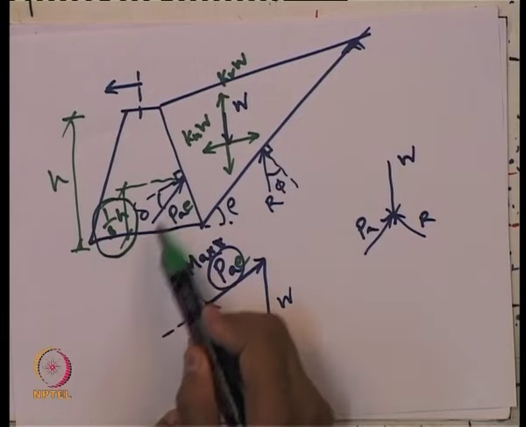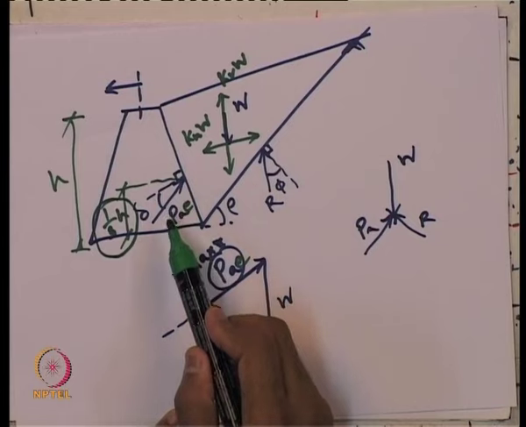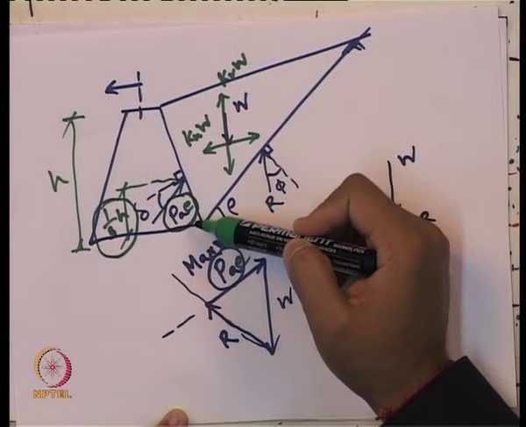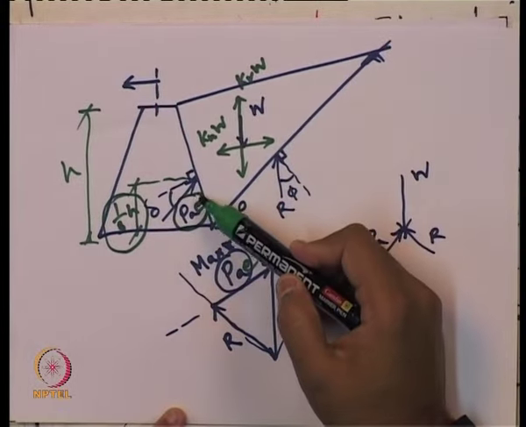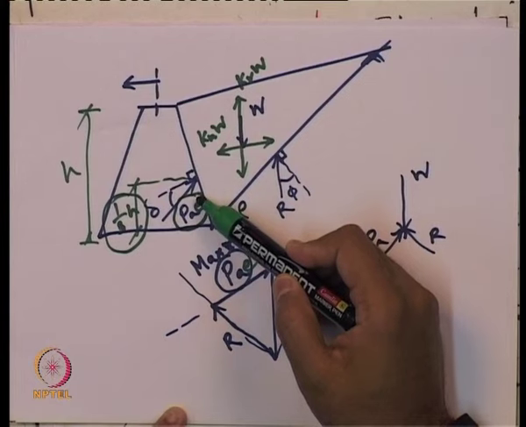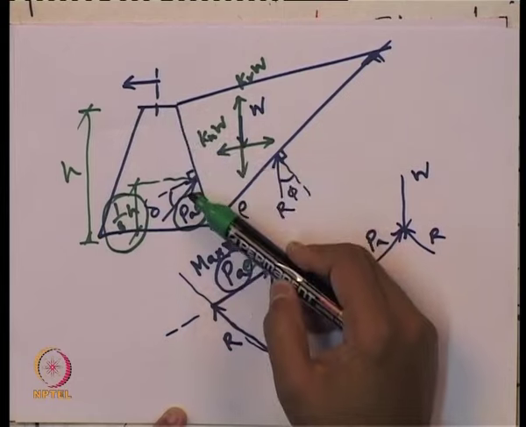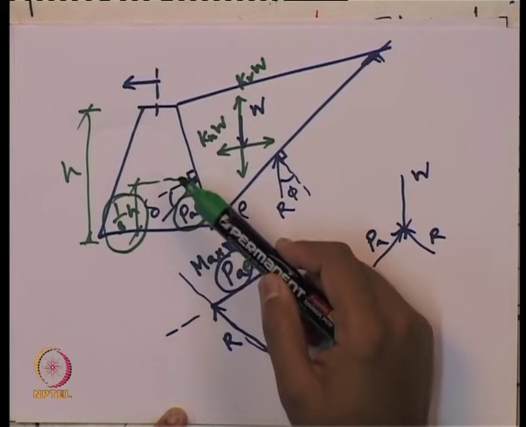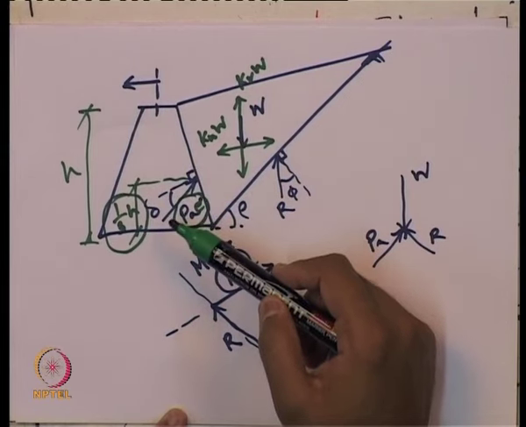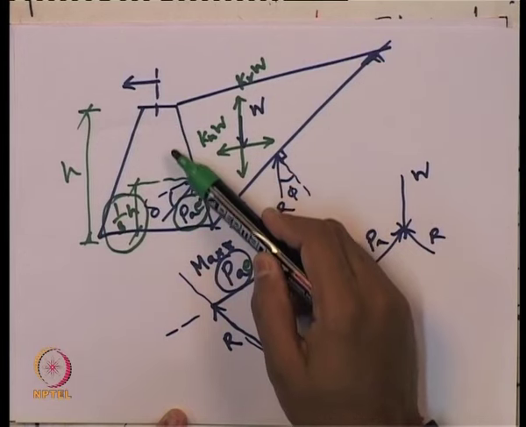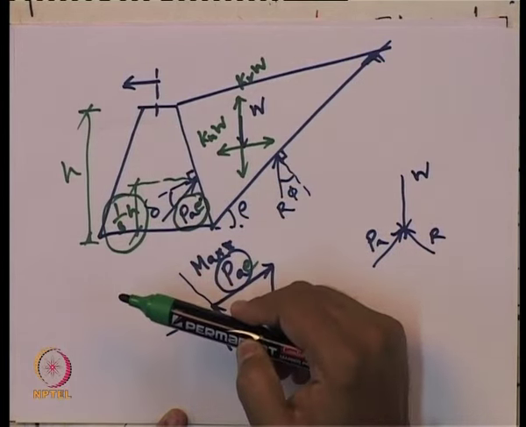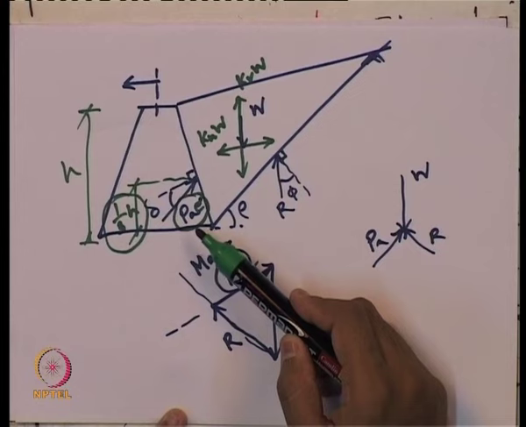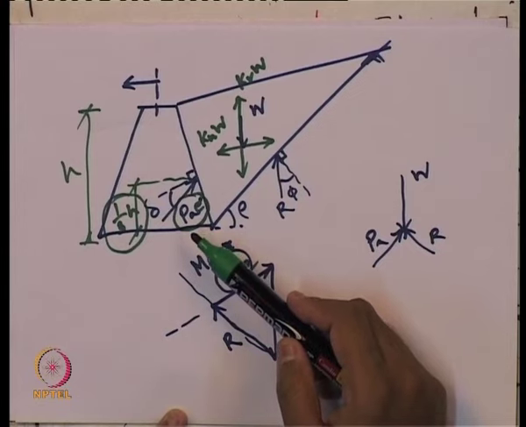So, it needs to be obtained where the point of application of this design value of PAE is acting, because for the design of this retaining wall we should know not only the value of the force, which will give us the design of the section, but also how to put the reinforcement in the wall. Suppose you are going to use a reinforced concrete wall as a retaining wall, you need to know how much reinforcement at different levels you are going to put, and for that you should know the distribution or exact point of application of this PAE, so that accordingly you can place your reinforcement, right.